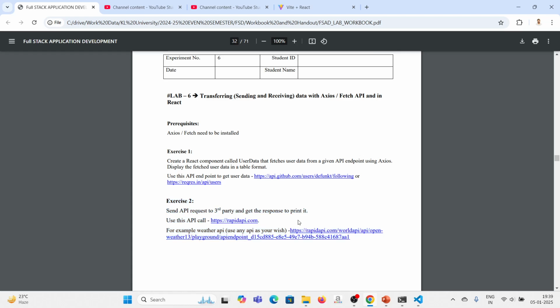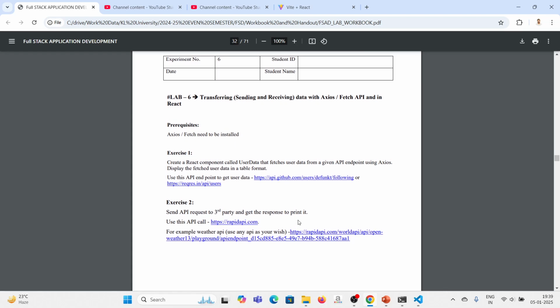I want to retrieve data from a third-party API, for example, a climate-based app. At rapidapi.com, I can register myself. It will give me a key, and I can get 100 requests per day for free. I can register for a variety of applications. One of them is the weather-based application, and I have given you exactly that link. If you have registered in this application,